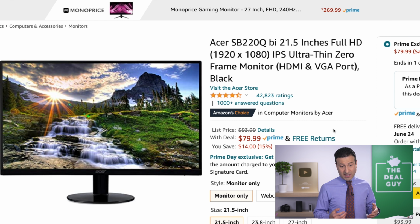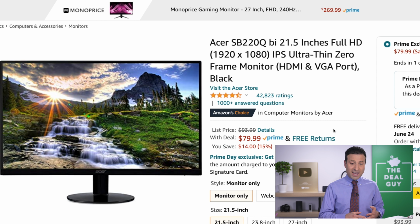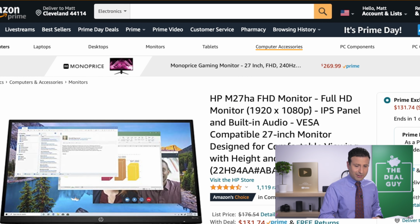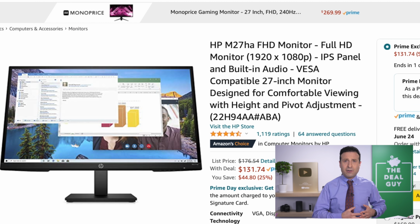The Acer Monitor that you see right here is truly a bestseller on Amazon, and now at its lowest price of $79 to get an ultra-thin monitor. It's got a nearly bezel-less display. I know the bezel looks pronounced in this, but it is strikingly thin if you look down upon it from a bird's eye view. So you buy your monitor, you can just look down on it in weird ways and